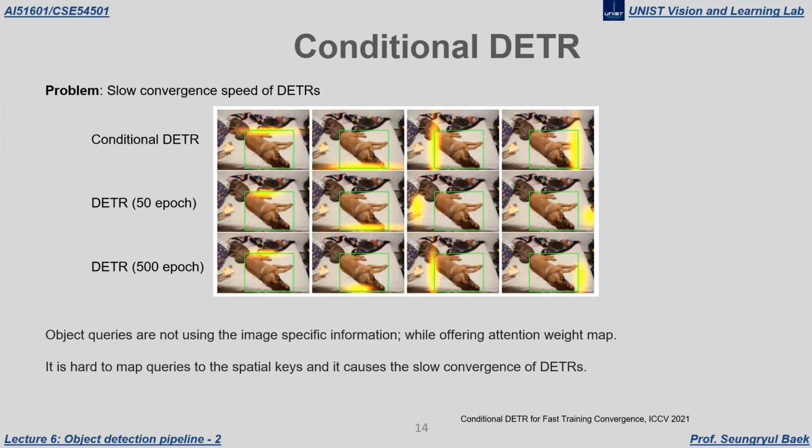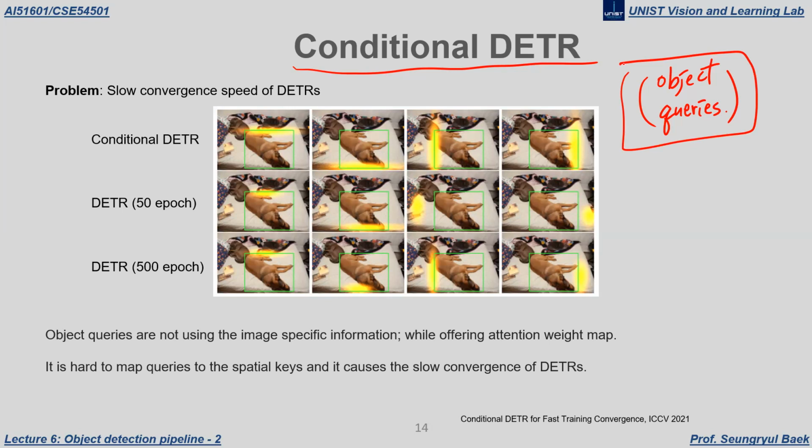And the next thing I want to tell you is conditional DTR. So from now on, I pointed out that object queries in the transformer did not have proper meaning. Previously in NLP, these queries are inputs having some meaning, right? But in the image domain, they do not have any explicit meaning, right? But it is dot producted with